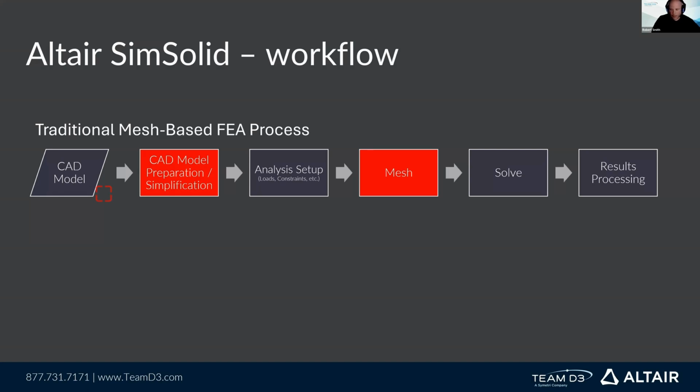That's very common. But there is a lot of work getting it from the point where we have a model that's good enough for documentation to a model that is appropriate for analysis. So there's a lot of preparation and simplification involved in this red box here, before we can even get to the point where we're setting up the analysis, where we're applying loads and constraints and boundary conditions. We need to prep that geometry, and that can be a very time-consuming process. And then the meshing itself, once we've prepped our geometry so that it's appropriate for meshing, there's still work to do, even getting that converted to a mesh, which ultimately is what these products take as input